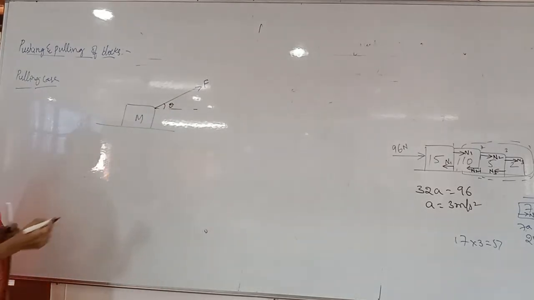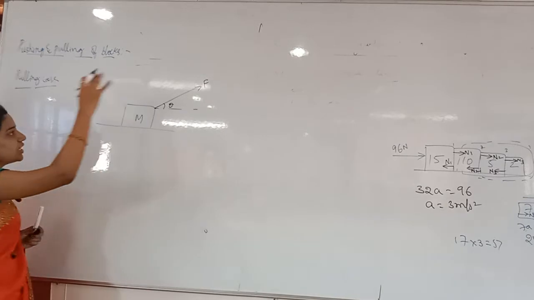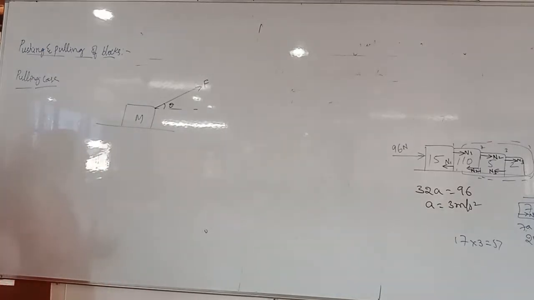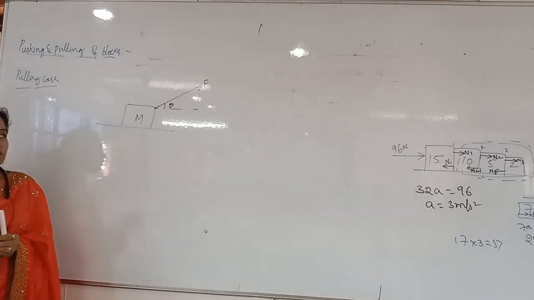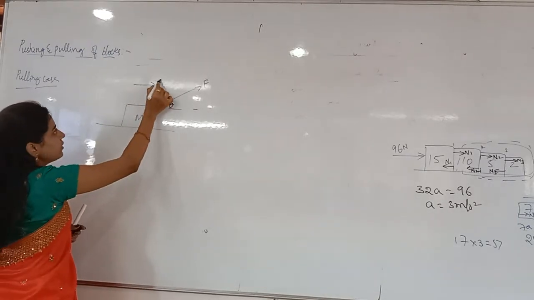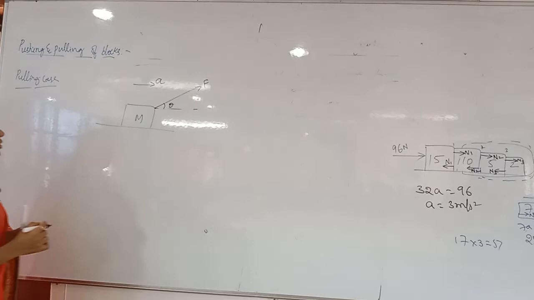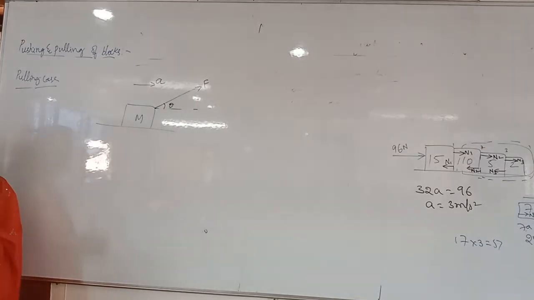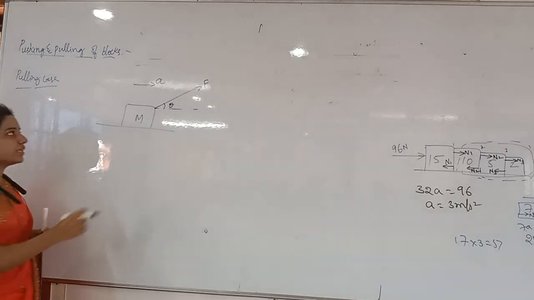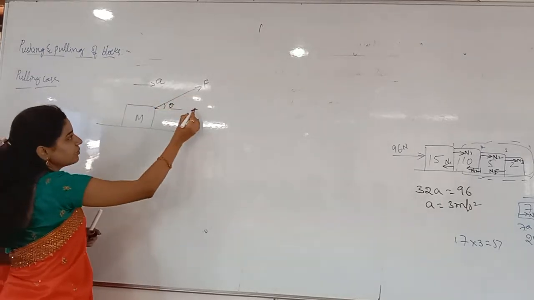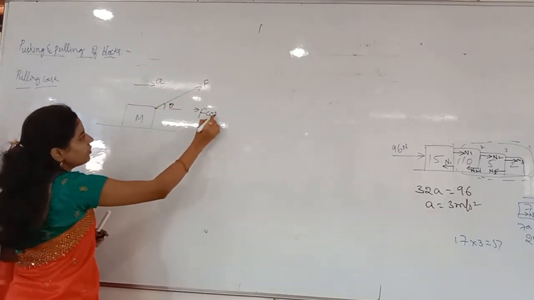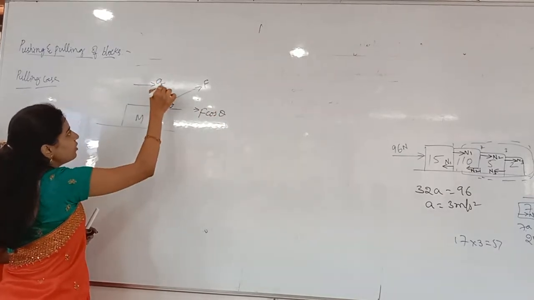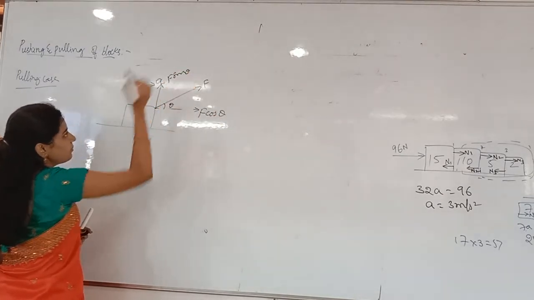Now, for example, if I pull in this direction, in which direction will the body move? Horizontally only, no? It is constrained to move in the horizontal direction only. So in this direction, the body will move. Now I want to get the equation of ma. What is the equation of ma? See, F is there here, theta here, so this component will be F cos theta, and then the vertical component will be F sin theta.